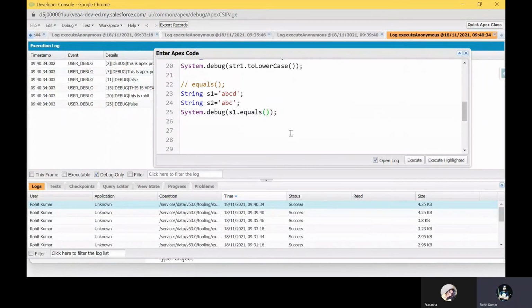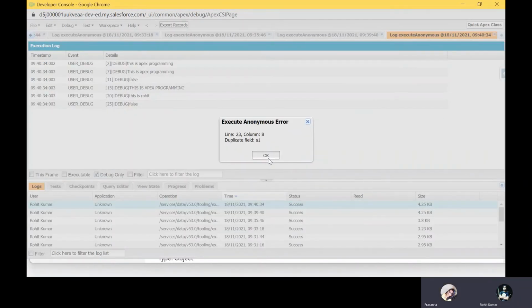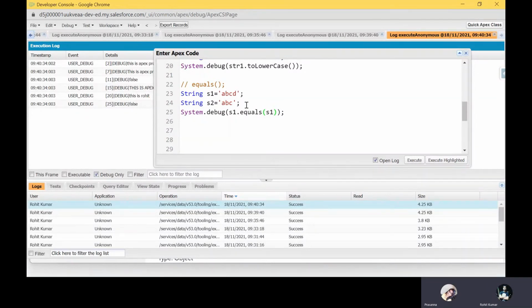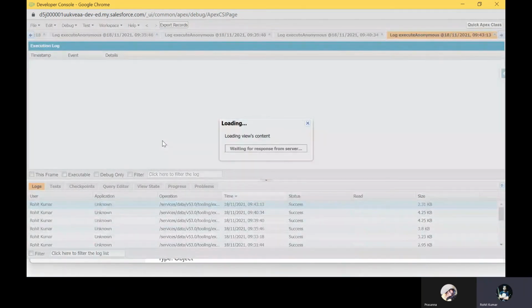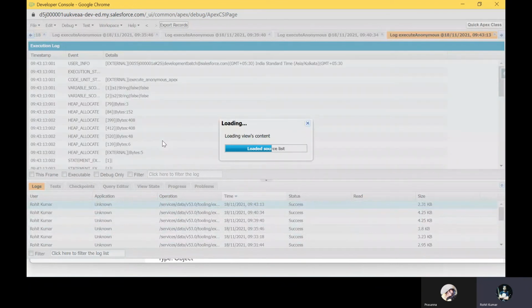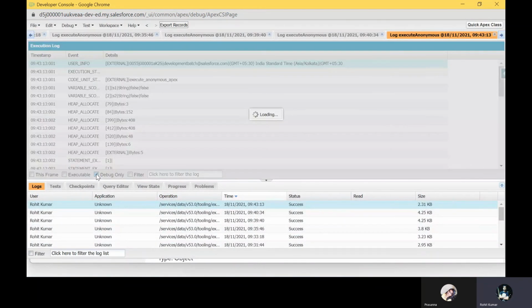Okay, you have to pass here s2, and just execute, right? Sorry, I duplicated s1 there; it should be s2, right? Yeah, sorry for that. And also you can check this with the highlighted area, this one, and execute. And now you can see the output, whether this string is available for this abc or not.